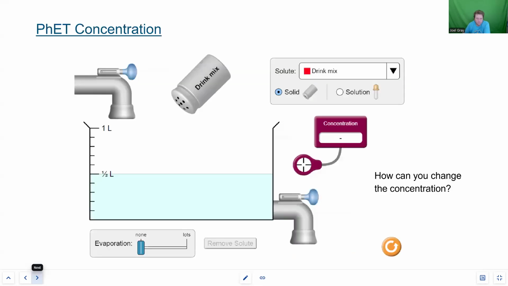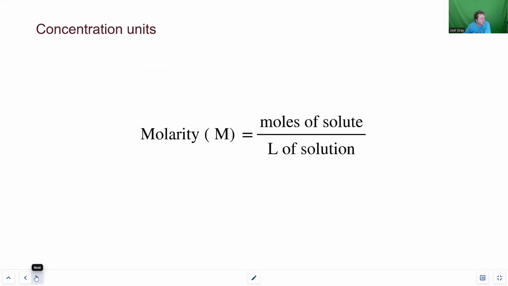We played around with some demonstrations where we looked at concentration. And then we got to the units, and our unit is molarity. Molarity is our unit for measuring concentration, and this is moles of a solute divided by liters of solution. So what this means and where this goes is, if you see a question like 35